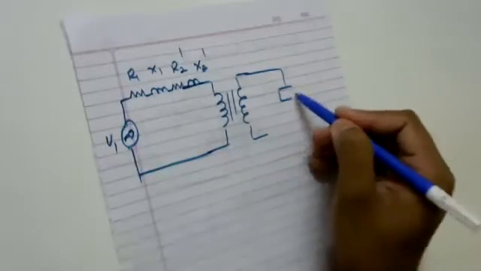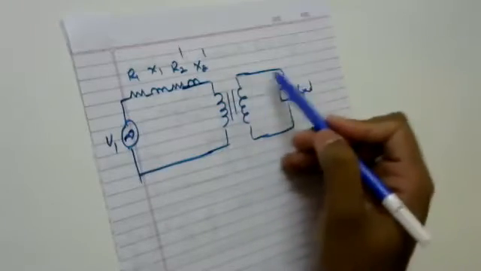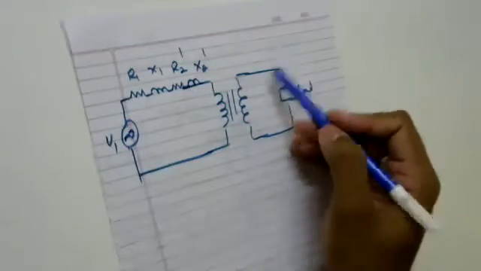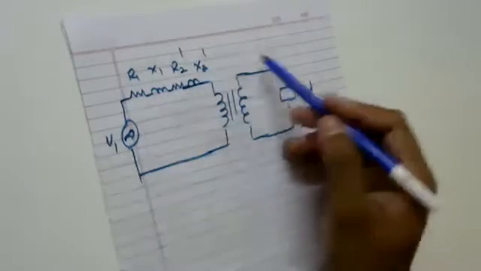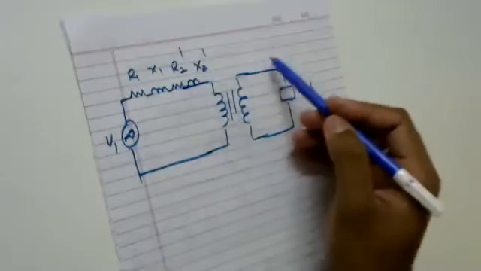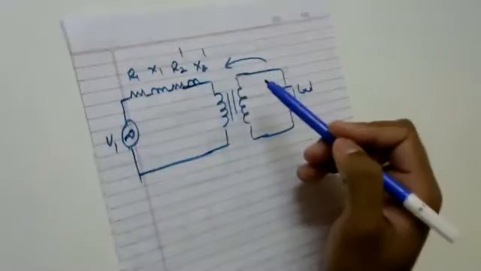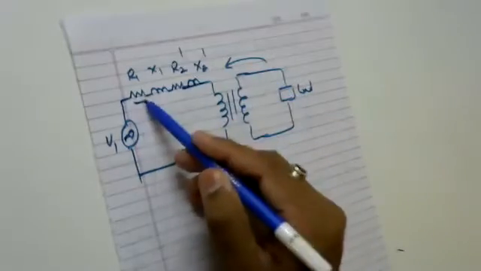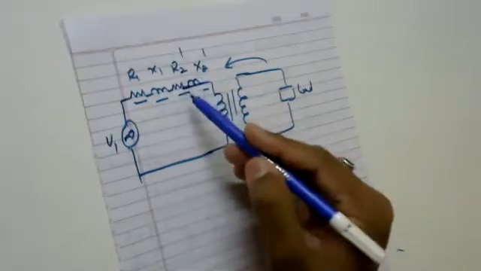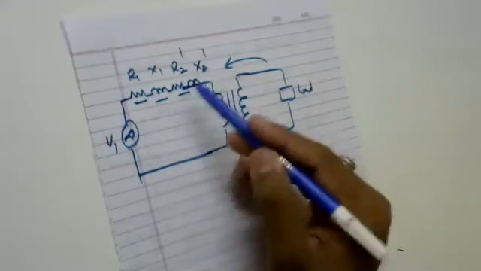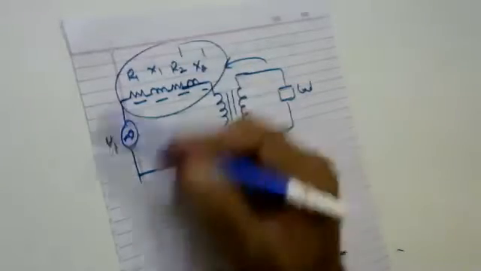Okay, so there will be some amount of load on the secondary. You can see here there are no secondary parameters. Your R2 and X2 have gone. Where have they gone? They have made a transition from the secondary side to the primary side. What is the simplicity of making this transition? All the resistances have come into one circuit. All the reactances have come into one circuit. Do you agree? Now I can perform a good mathematical analysis on my transformer, because these are my transformer parameters.